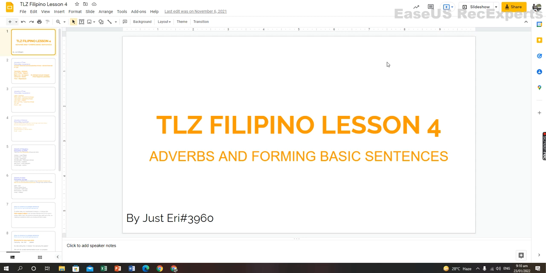So today I'll be doing lesson 3 on my native language, which is Filipino or Tagalog. It says here lesson 4, but ignore that. We're talking about adverbs and now forming basic sentences. Since you already know what adverbs are, they describe the adverbs of time, adverbs of place. They modify the adjective, some sort of stuff, if you remember your lessons in English. So now we're also gonna be forming basic sentences, so you can get the gist of word structure in Tagalog or Filipino. So let's get right to it.